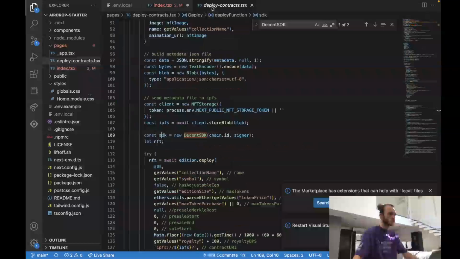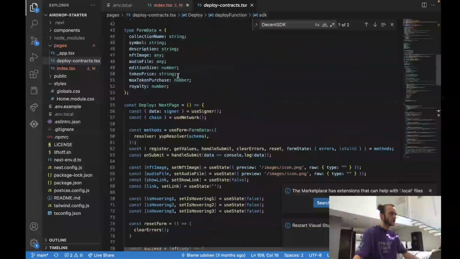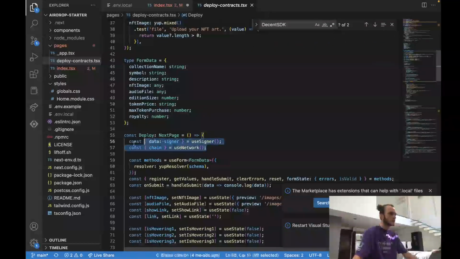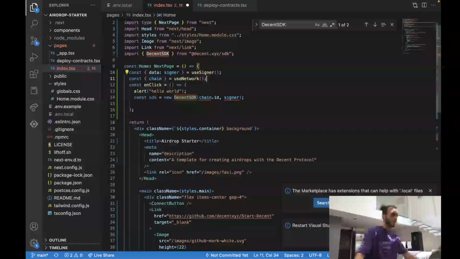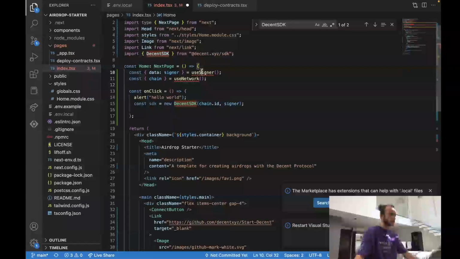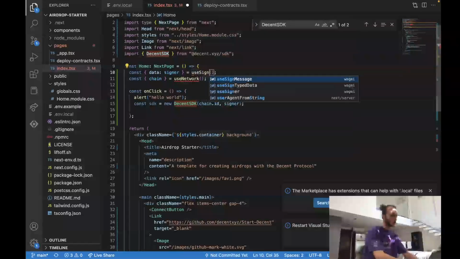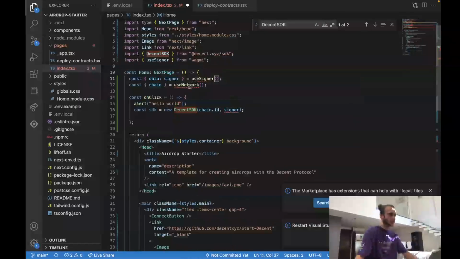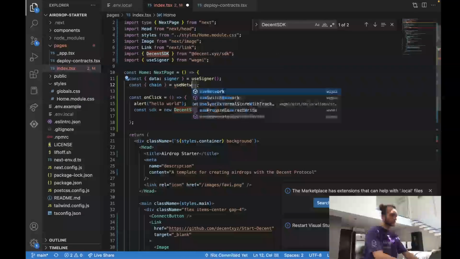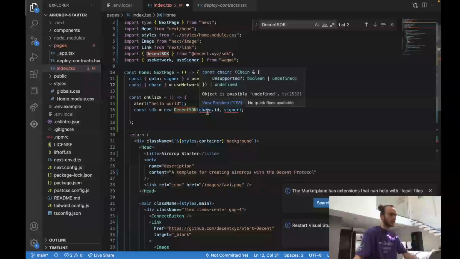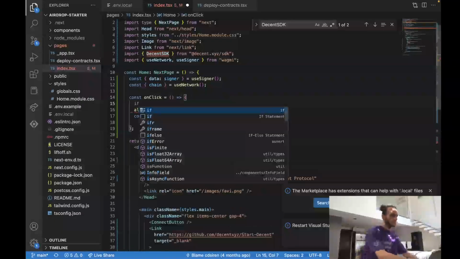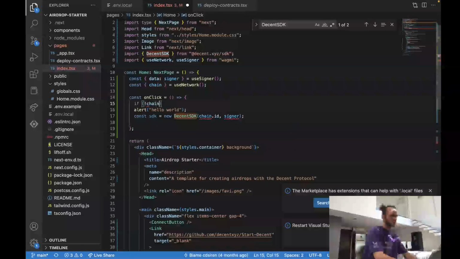Chain is probably coming from WAGMI as well as Signer. So let's get chain and Signer. Here we got them both. We'll copy both of those over to here. These are WAGMI hooks. Now it's going to complain that we don't have those, so let's import those with useSigner. It's going to auto know that we need that from WAGMI, and then the same with useNetwork. Start typing, it'll autofill. This is going to say it's potential that it's undefined. So we'll just say if not chain or not Signer,